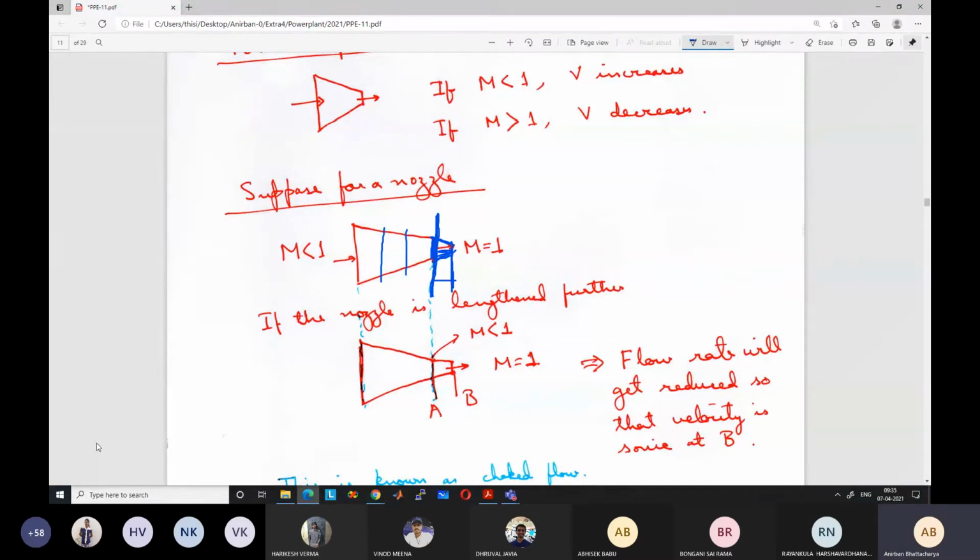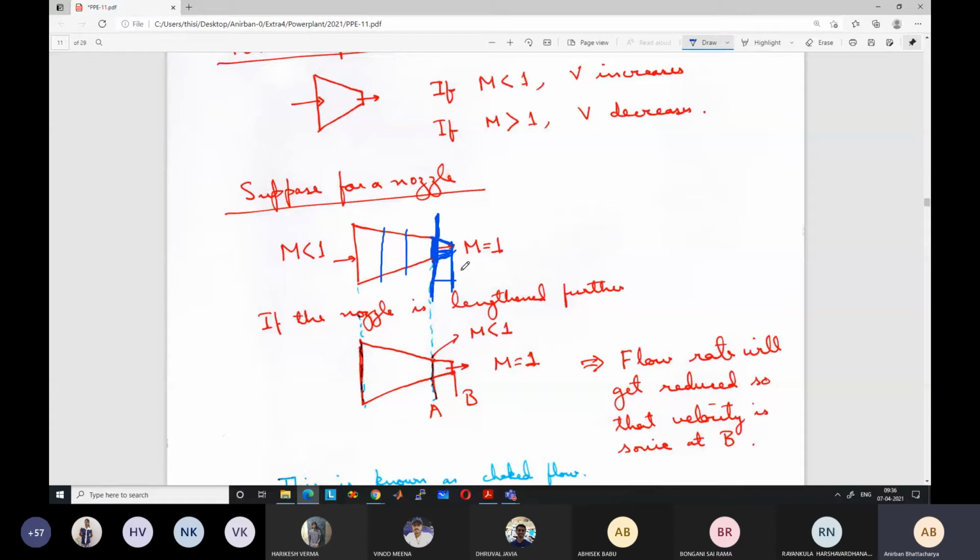And you can also understand from a physical point of view. Say here the Mach number is 1. Okay, what you are asking is a good question. If the Mach number remains 1, it means that the velocity remains constant. All the other properties also will remain constant because they are at the same state. So velocity constant, speed of sound is constant, root over gamma RT is constant, so temperature remains constant, pressure remains constant, everything remains constant, including the velocity.